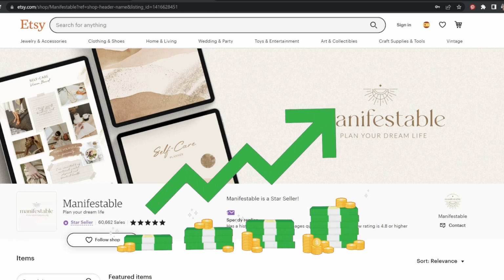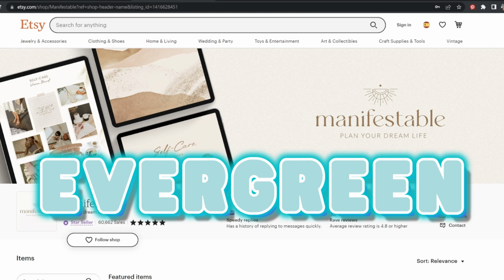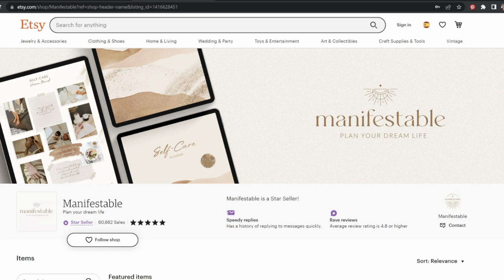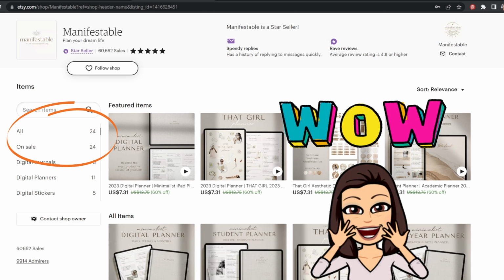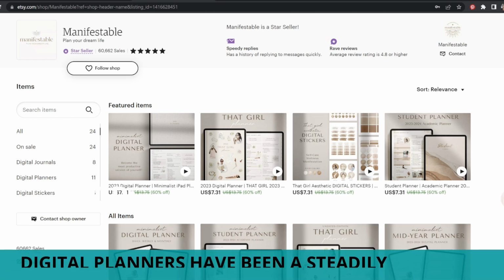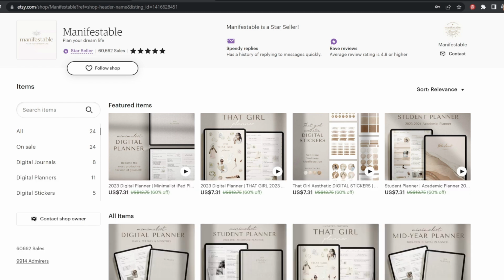But this store is what I like to call an evergreen store. It is in a pretty reliable niche. It is a digital planner store and they only have 24 listings. It is super, super impressive. Digital planners have been here for a few years. They are not a new product and they bring in consistent sales. So if you can create a planner that looks great and makes your life more organized, boom, it's an Etsy